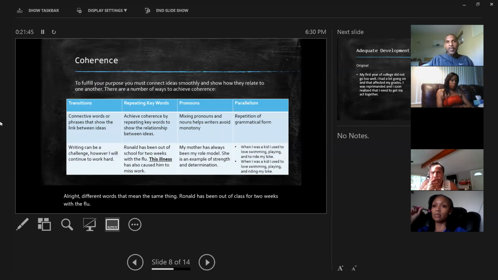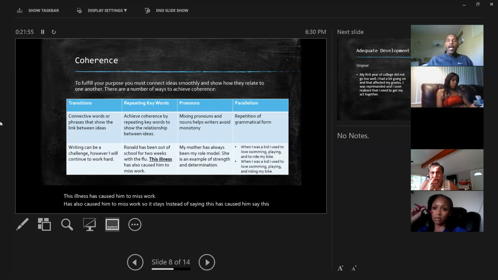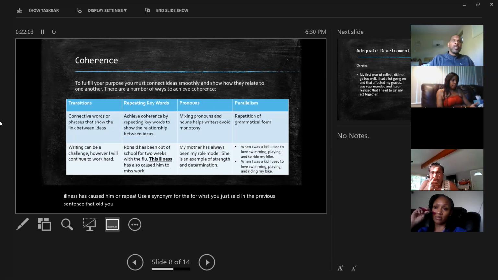This illness has caused him to miss work. So instead of saying this has caused him, say this illness has caused him, or use a synonym for what you just said in the previous sentence. That'll be like some connective tissue in your paragraph that'll help strengthen the connection between your ideas.